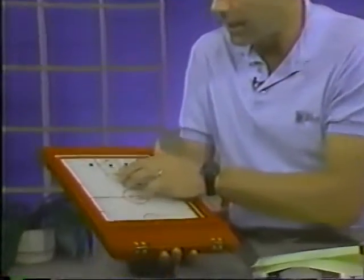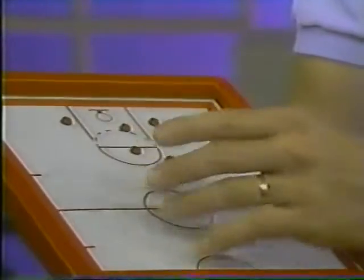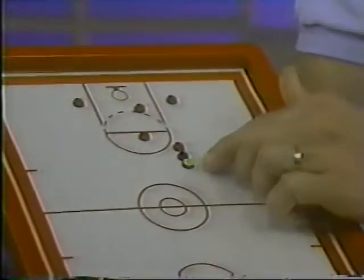We start in the initial 1-1-3 alignment, and we just put one offensive player out here to show you how we go to our rebound areas. Let's say the ball is dribbled off to the side. This man's working to keep it out of the high post. He's shading over here. The shot is taken up from on top. As the shot is taken,